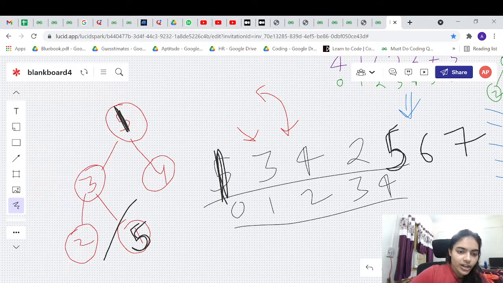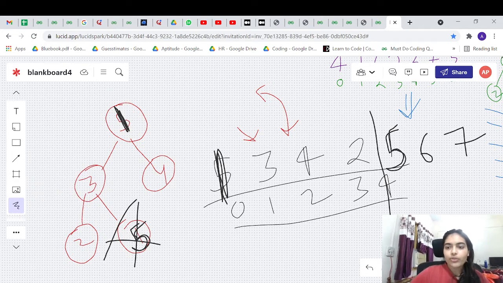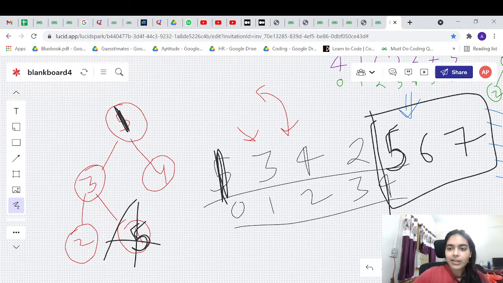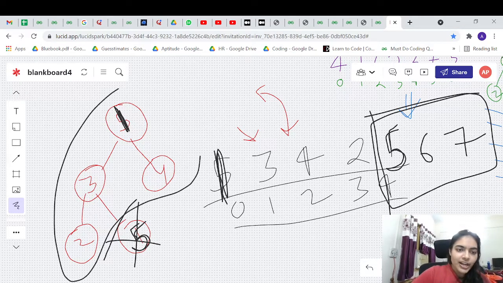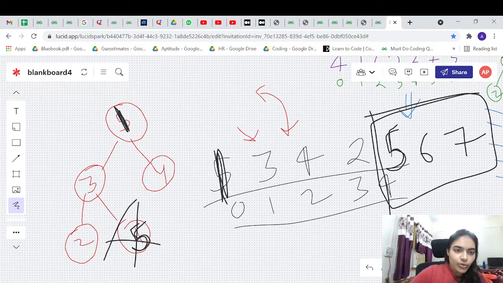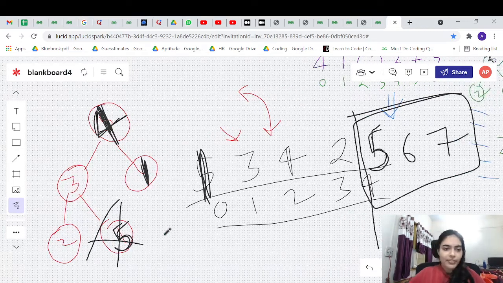This part you need not consider because 5 has gone to its position, right? 5, 6, 7. Last 3 parts of the array are sorted. Remaining part is 1, 2, 3, 4. Okay. So what do you do? Again apply heapify function because you have disturbed the max heap. Now 1 you should compare with 3 and 4. What is heapify function? Nothing. Compare the children and if it is bigger, just apply the heapify operation. So you have 4, 3, 1, 2.